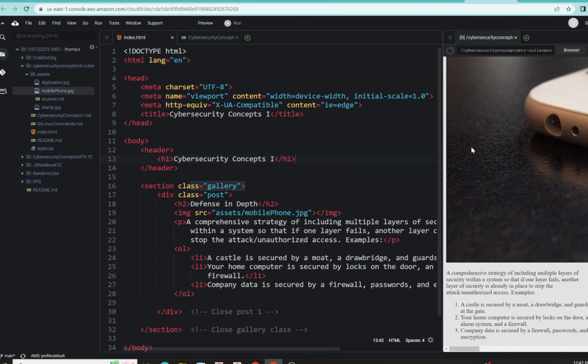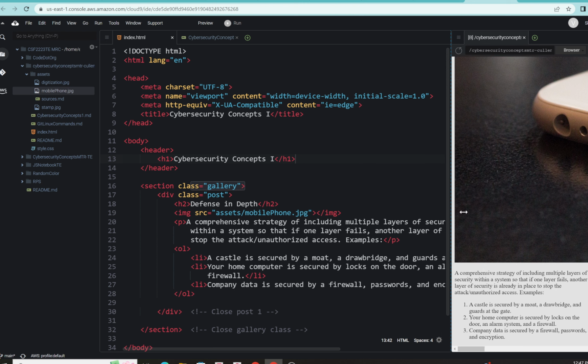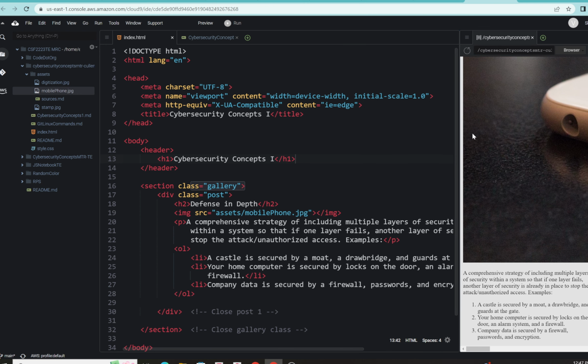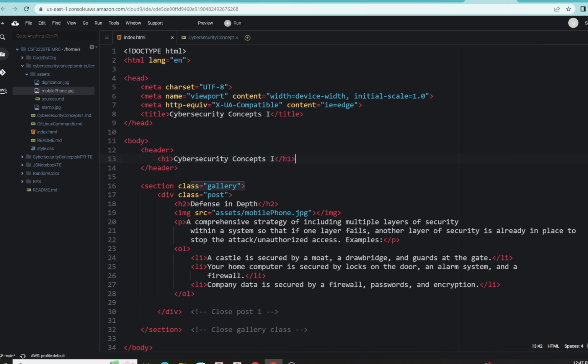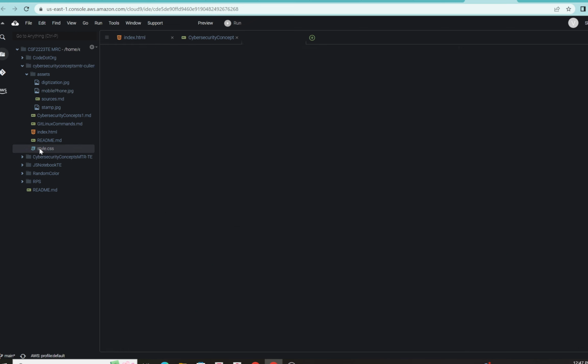So we've got defense in depth, we've got the image, which is quite large, we've got the paragraph tag, and the bullets. So no styling is done yet, and because of that, that preview does not look all that great. Remember, we want to focus on mobile first. So let's start thinking a little bit about styling here, and remember the first thing we want to do, let's open up that style.css